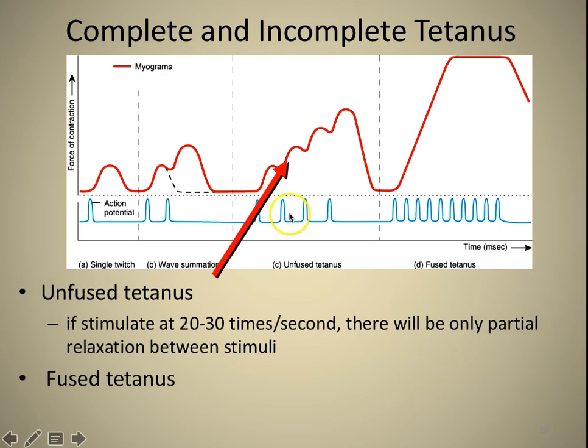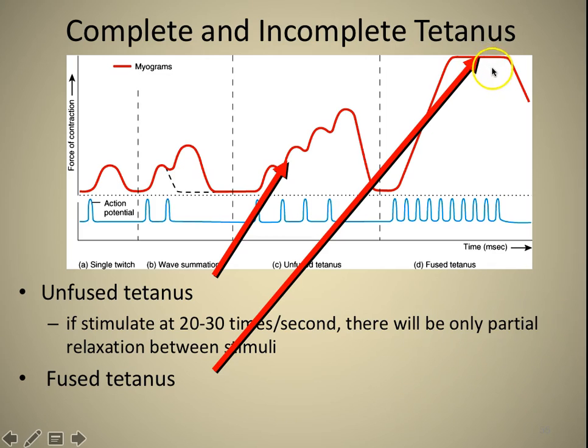So this is known as an unfused tetanus. Okay, so the muscle is contracting this entire time. It's contracting stronger and stronger and stronger. However, it's what's called unfused because you get these little dips. Okay. However, if you don't give it that opportunity to rest, what you end up with this plateau is called